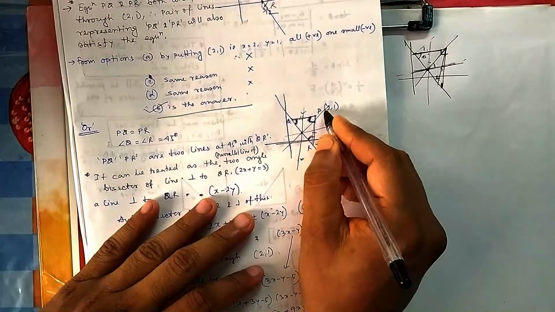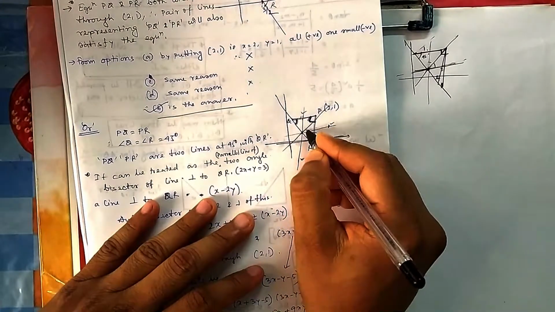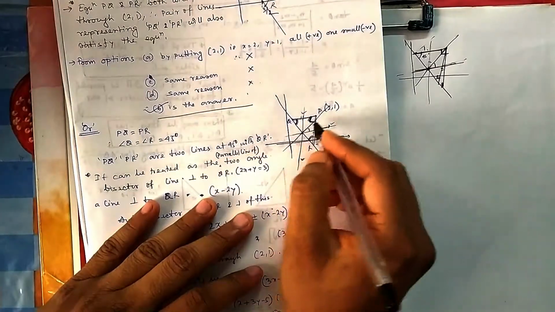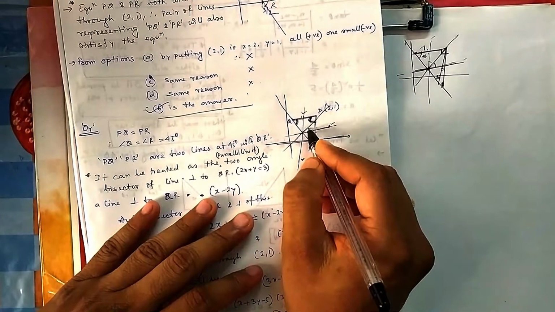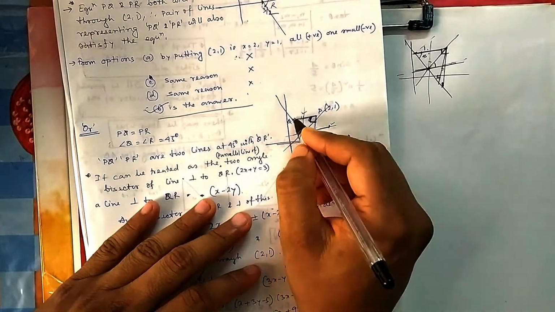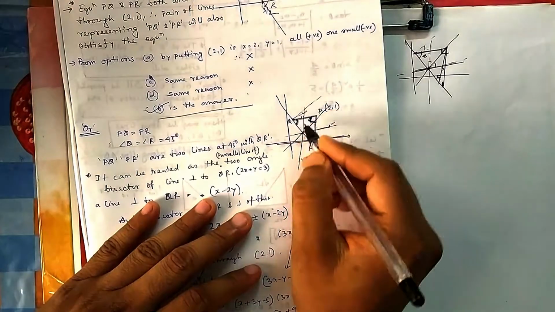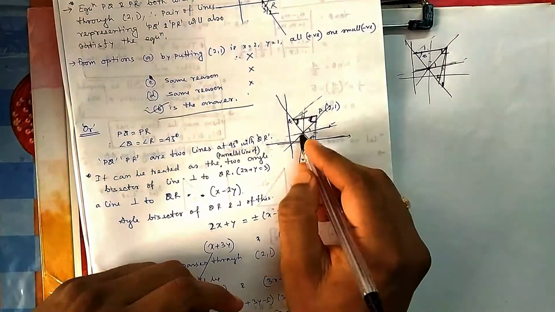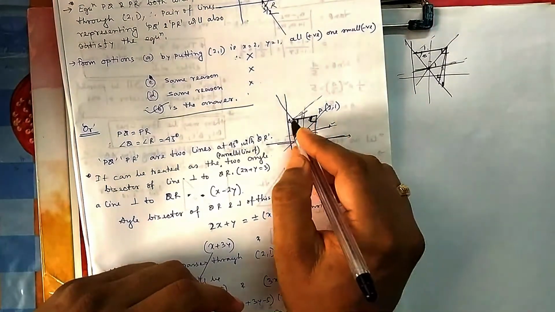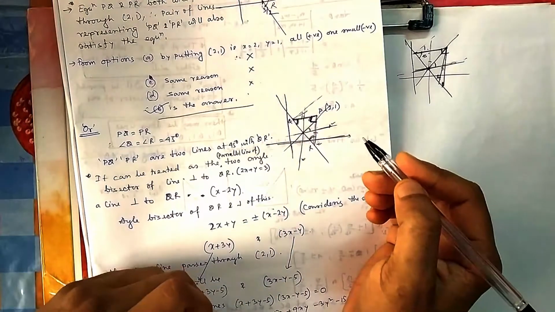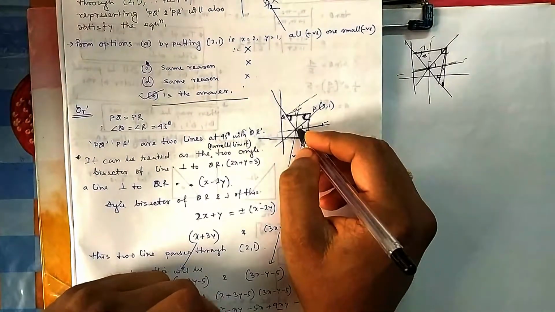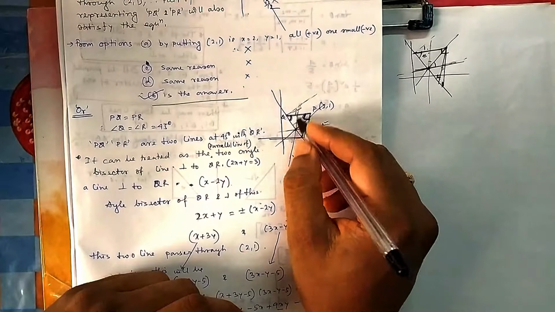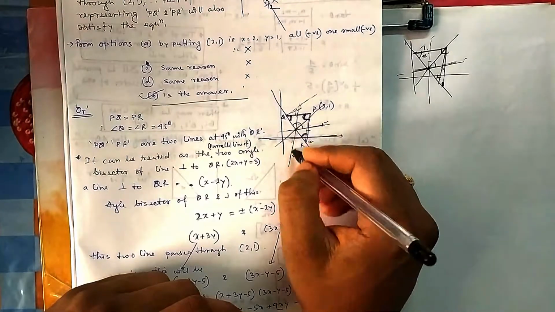So you see, if I draw a perpendicular from this on this line, and draw the bisector of this line, this angle is 45. So if this is 45, then this line and this line are parallel. If I draw this line there, this is 45. So this line and this line are parallel lines, you can see. If you can find the equation of this line, it is simply the parallel of that line. That's it. Similarly here also, this is the perpendicular bisector of this one, again 45. So this line and this line are parallel, so it is 45, so this is 45, you can see.